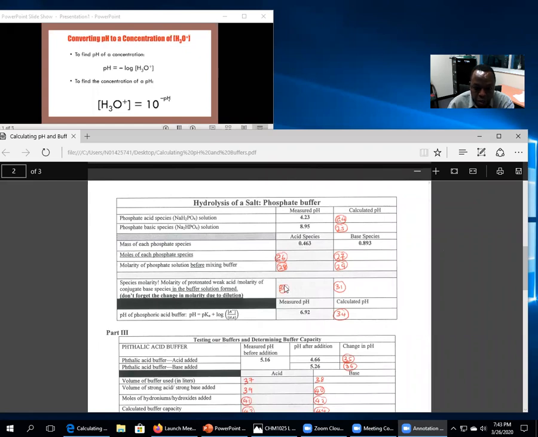When you mix the two, all right, remember the total volume is 60 ml. So if it is 60 ml, and I know the number of moles or the concentration of the acid and the concentration of the base from part A here, all right,